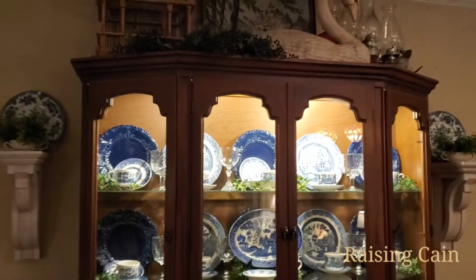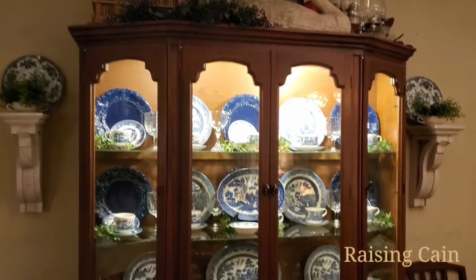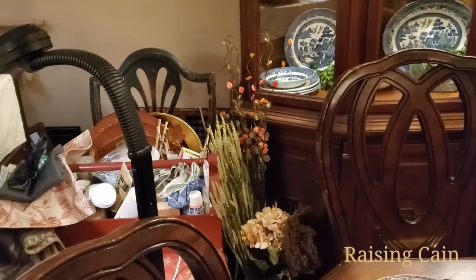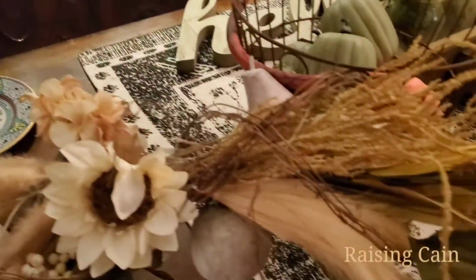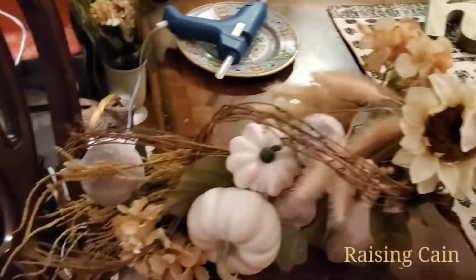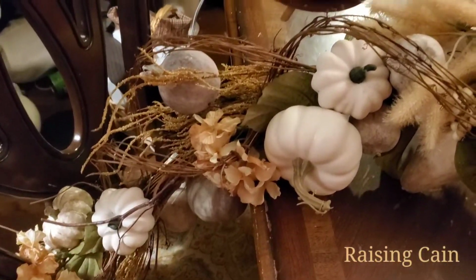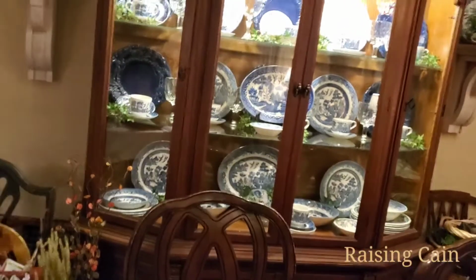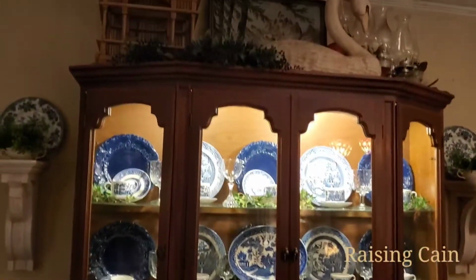But I thought it would be fun to just show the process of my china. Let's see. All right. Now, this china cabinet, well, you know, I got some crafting going on here, and there's a little sneak peek of my Pottery Barn inspired, what do you call it, a garland? Okay, but the story with my